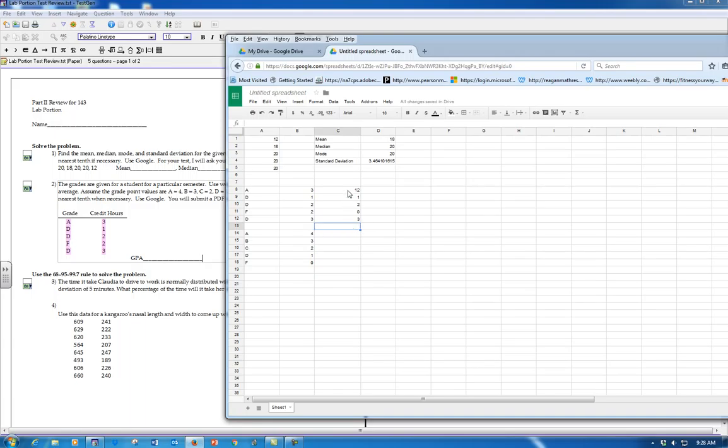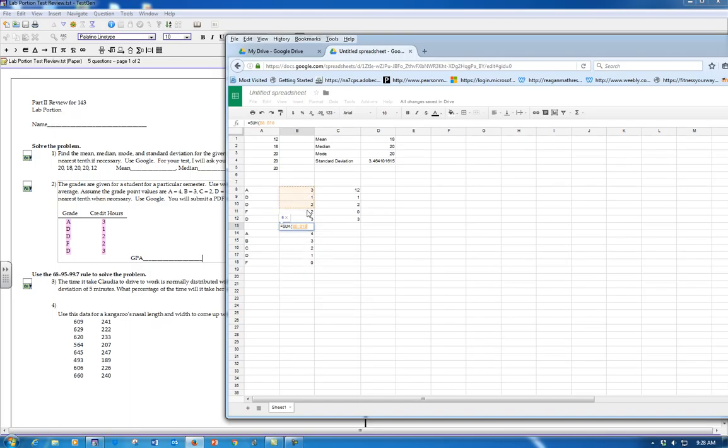Now you could get Google to do the math for you. You know, if I wanted to do equals 4 times 3, that would still give me 12 and I could do it. Or it's just multiplication. You have a calculator. You can just do it and put the numbers in there. You're going to need to have total for the credit hours, and you're going to need to have the total for the quality points. So you're going to need to come over here and say equals sum